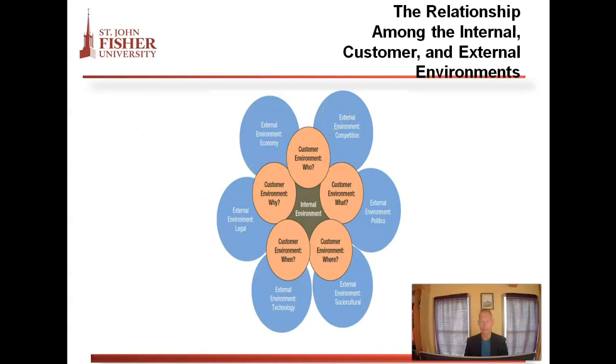So this model really kind of takes us through what we're going to learn about the rest of the chapter. The first one is our internal environments. We need to understand marketing insights as well as marketing analytics for our internal environment. Do we have the resources, etc. Then we have to take a look at our customer environment, which I think is the most important because, as I've said before, everything in marketing starts with who are you going to do what to. And then you have to take a look at your external environment, including the competition, political, economic, legal, technological, and sociocultural aspects of your marketplace.